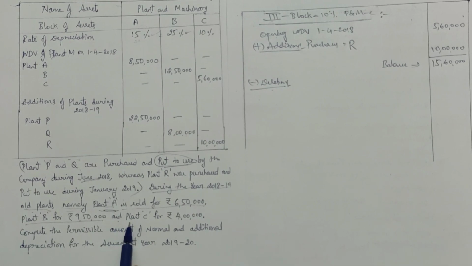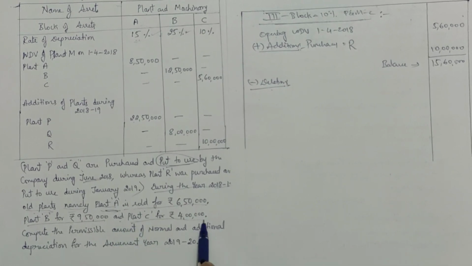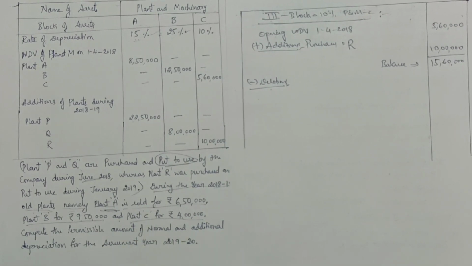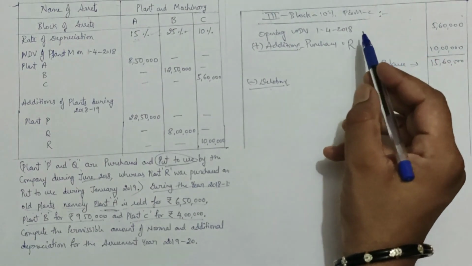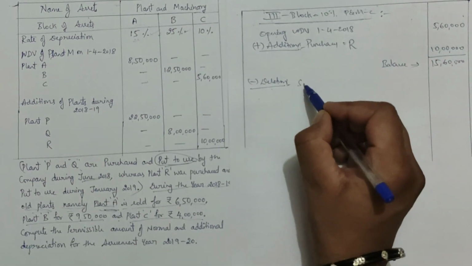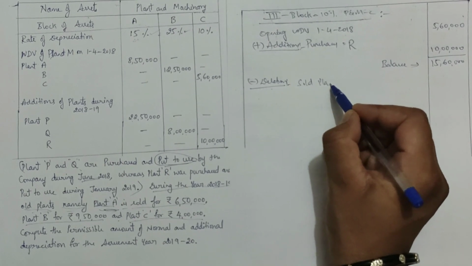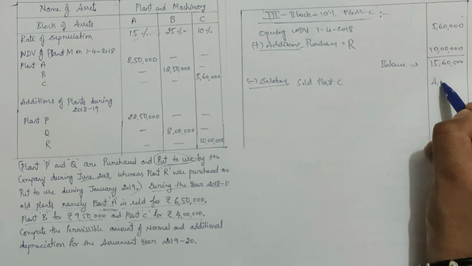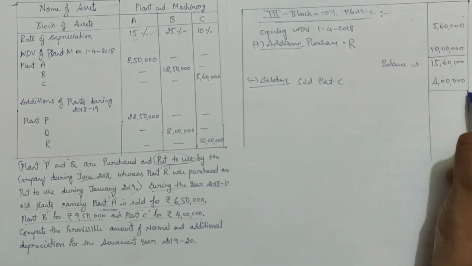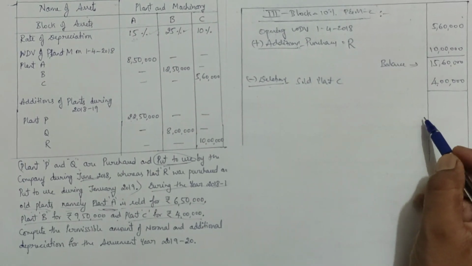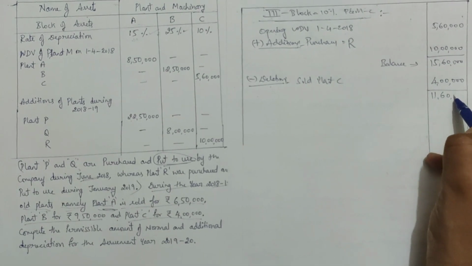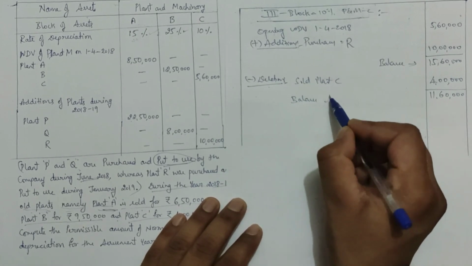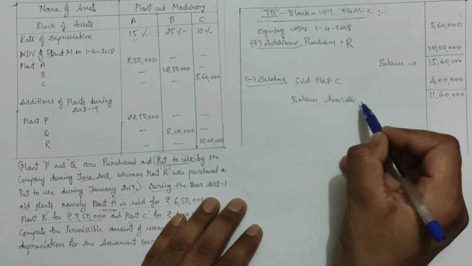And plant C for rupees 4 lakh. So the same thing here, they are selling plant C for rupees 4 lakh. So we are doing all about plant and machinery C, right? So sold plant C. So how much value here they have given? 4 lakh. So 4 lakh. If you deduct that, how much will we get? 11 lakh 60,000. So this is the balance available